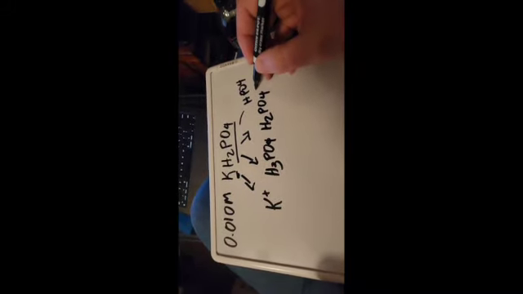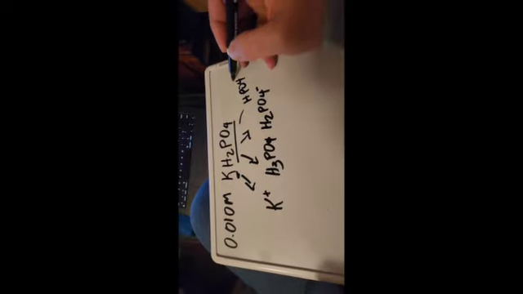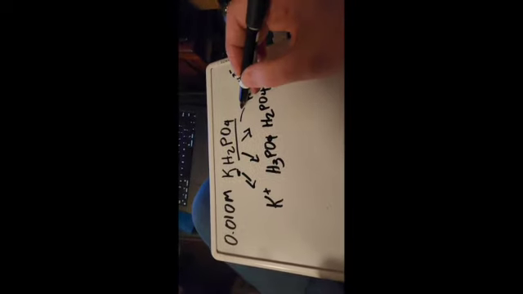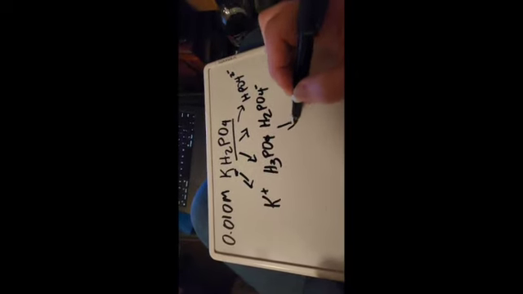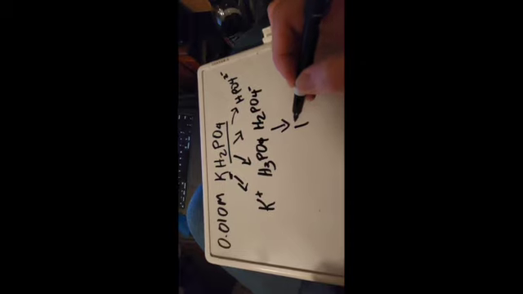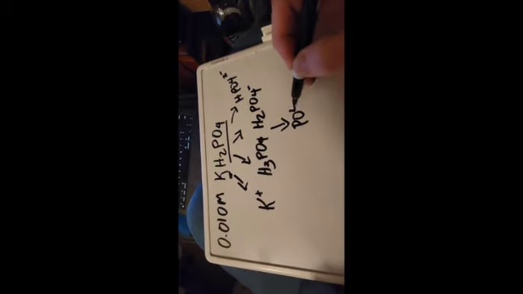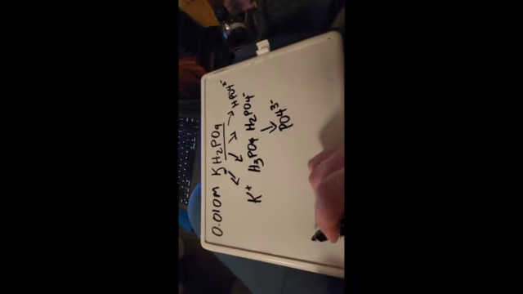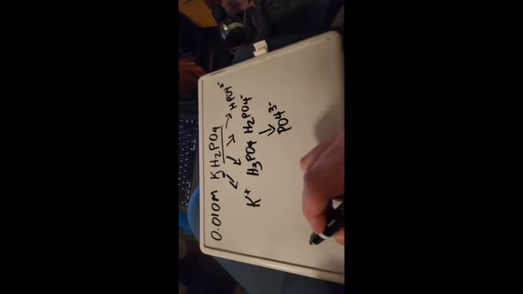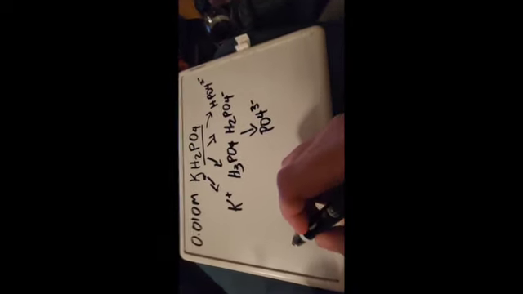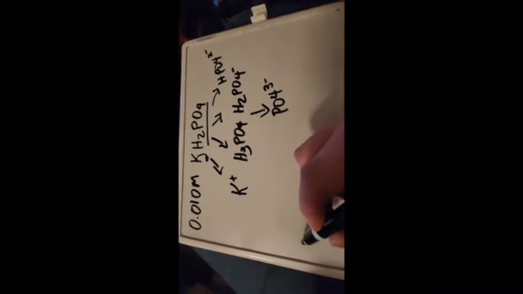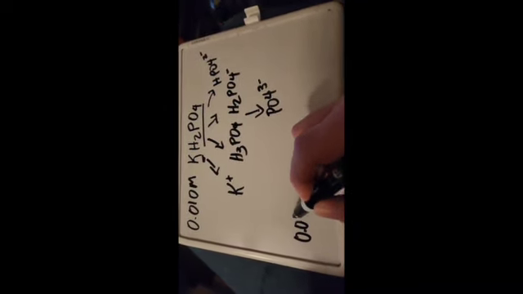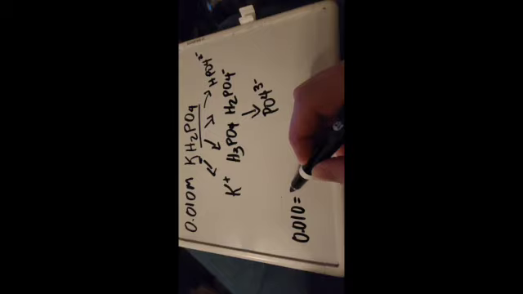HPO4, so this is going to be 2 minus, and then it's going to go one more time to PO4 3 minus. So your mass balance for the phosphoric acid here is going to be 0.010 is equal to the